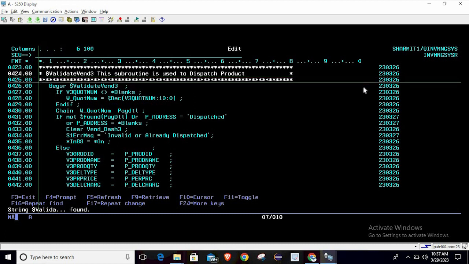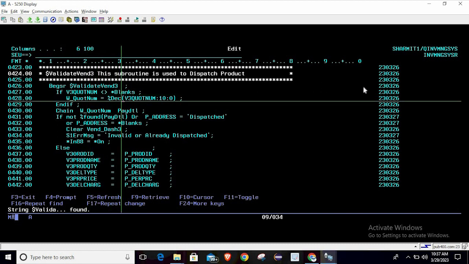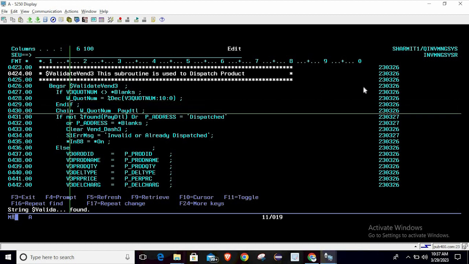Here, as usual, firstly we are checking whether the V3 quotation number is not blank. Then only we are converting the screen field value to decimal, and storing it into the w_quote_number variable, which is a program variable. We use this variable for doing the CHAIN on the pay detail file. On line number 430 you can see we are doing CHAIN with w_quote_number on the